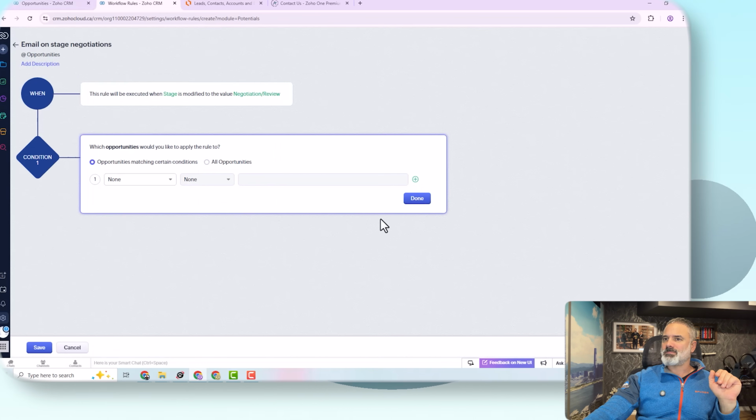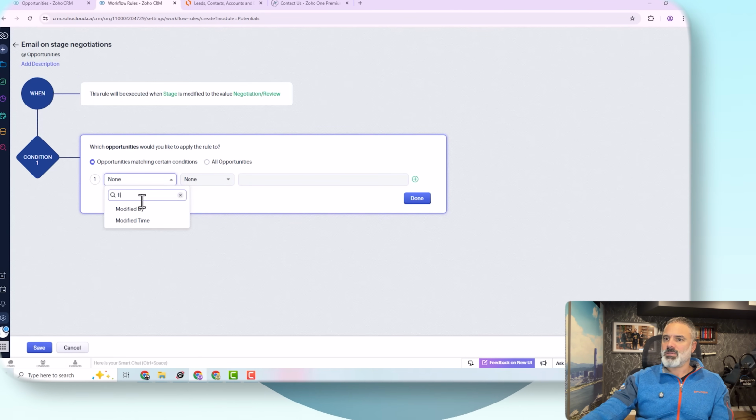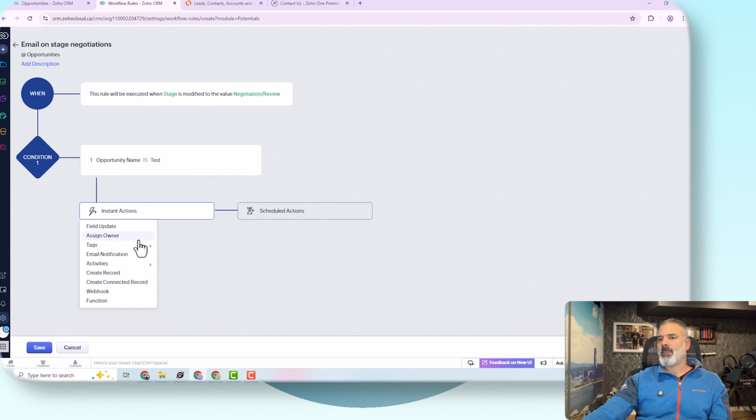Let's click on next. I will have a condition as always. So let's say when the opportunity name is test. And then I can send an email notification. I can also have a click notification. I don't have it enabled here. Let me first show you how to